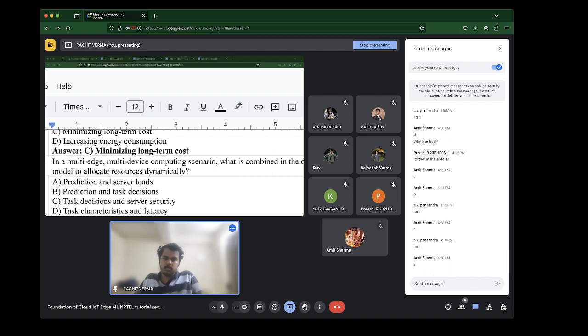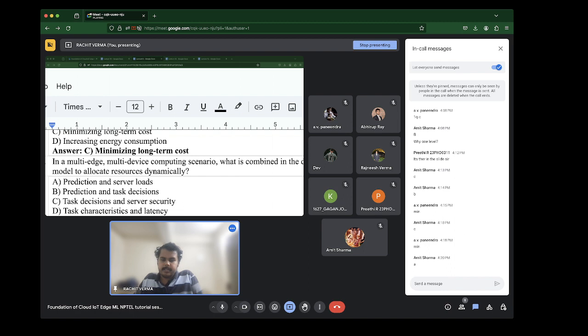Yeah, so B is the correct answer. Prediction and task decisions. These two are combined in order to allocate resources dynamically.